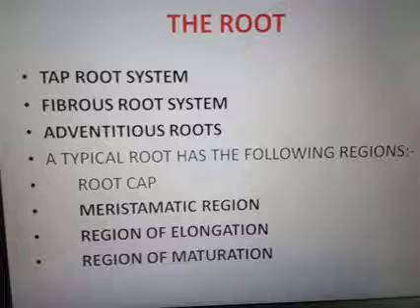Clear? Suppose the root arises from a different part of the plant other than the radicle, that is from the node, leaf, the main stem and the branches. That is called the adventitious root system. Next we are discussing the adventitious root system, and most adventitious root systems are modifications in the root. What are the functions of the root?